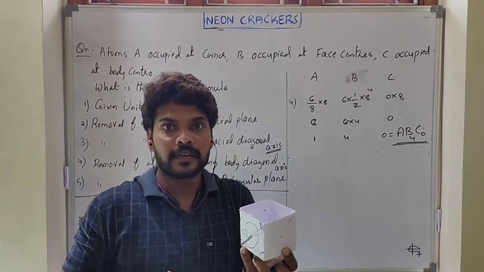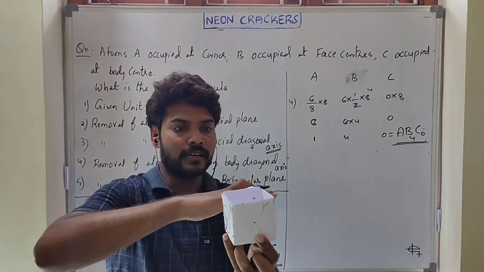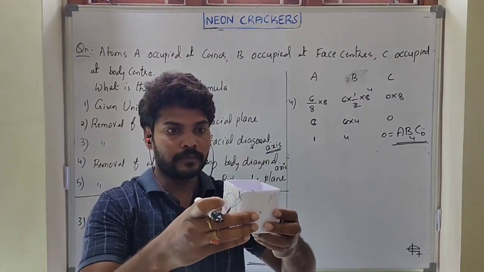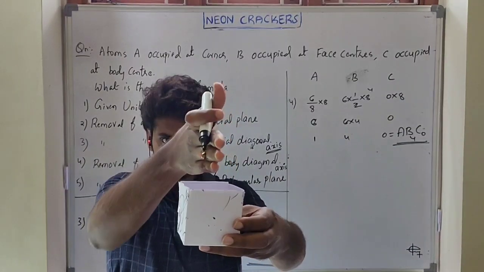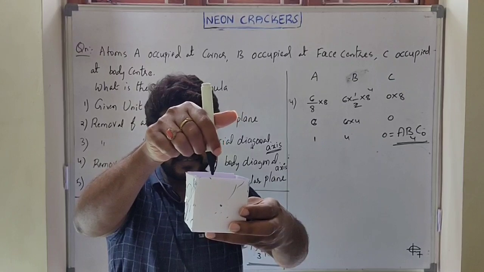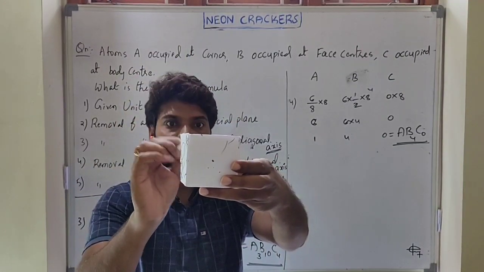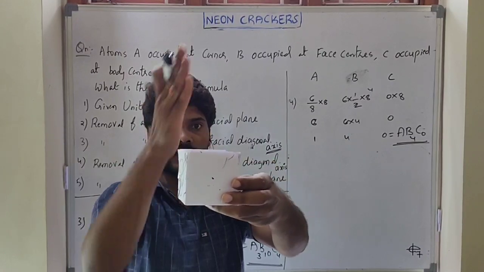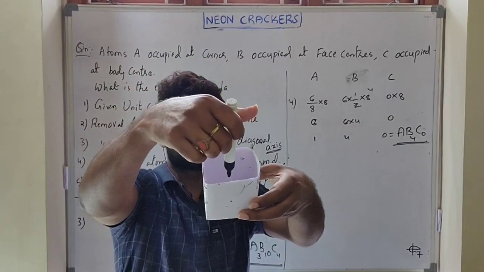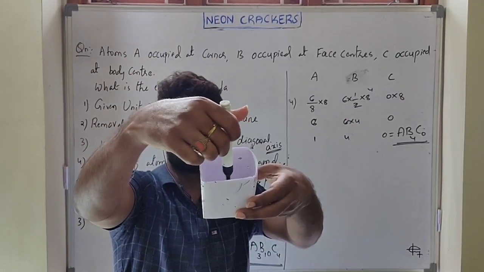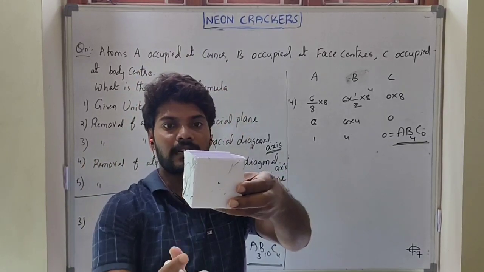The rectangular planes of symmetry are 3, from this plane or this plane or this plane, whatever. So if we remove from this plane, I am cutting this plane of symmetry. In this plane, the upper layer face center atom, the side face center atom towards me, one face center atom, and downside also one face center atom. So 4 face center atoms are removed. In between, one in the middle, one body center atom is to be removed. So total one body center and 4 face center atoms are removed.